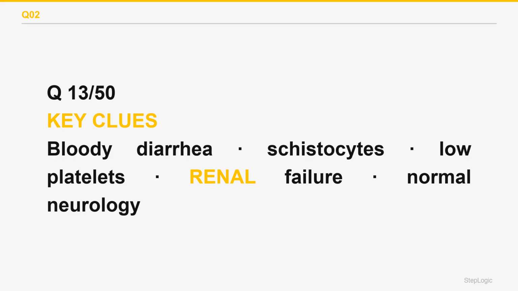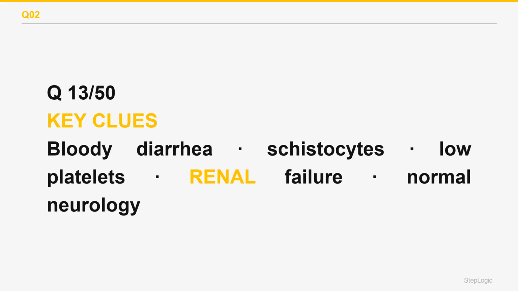Both hemolytic uremic syndrome and thrombotic thrombocytopenic purpura produce microangiopathic hemolysis with schistocytes and consumption of platelets and microthrombi. Hemolytic uremic syndrome follows Shiga toxin producing E. coli O157:H7, occurs in children after bloody diarrhea, and the toxin has a particular affinity for renal endothelium. So renal failure dominates and neurological signs are usually absent. Thrombotic